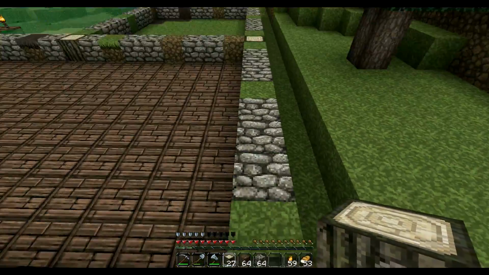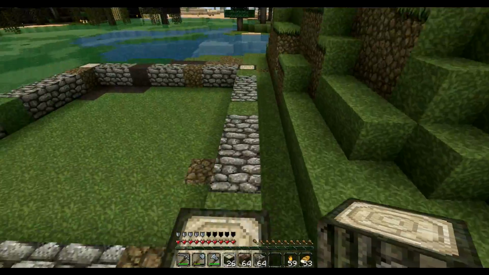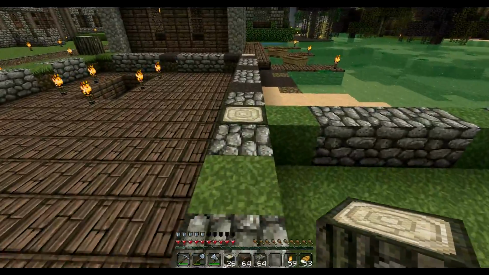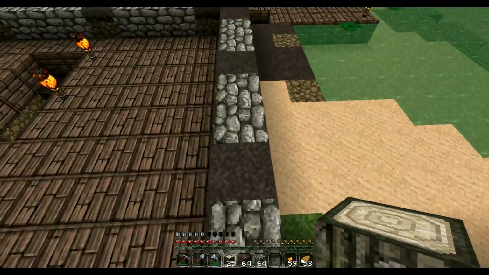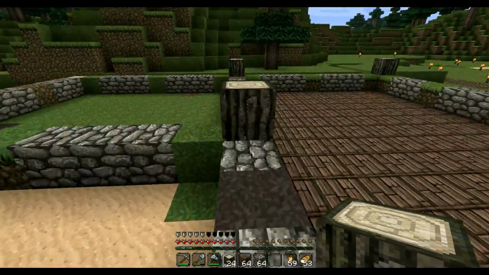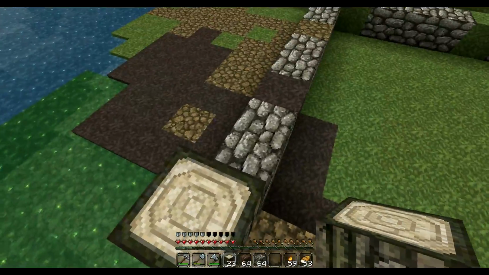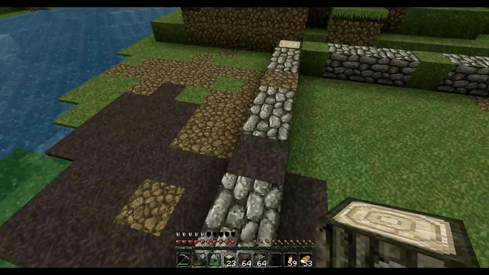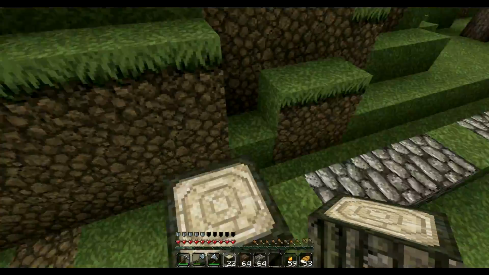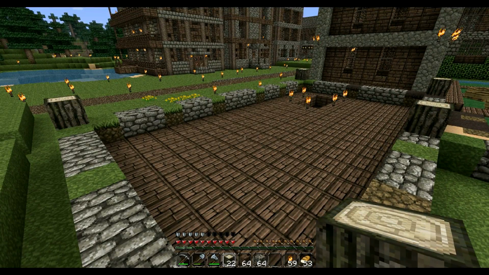And the dirt is going to be where the actual walls are. And believe it or not, the cobblestone actually marks out where the windows are going to go. Normally I do it opposite, because the cobblestone as the walls is going to normally just stay there. But since I'm going to be using a different building material this time, I thought I would mark it out